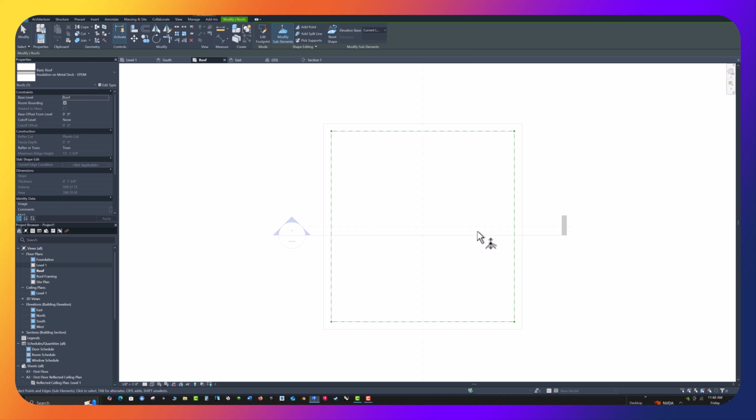And now what I'm going to do is place a roof drain right in the middle here. Now this is a pretty simple roof, so we probably could do it, and then we would have a drain that goes down an interior wall and it drains to the outside. If this is more complex, I would probably use the split line tool here to break it down into sections and then add my roof drains in each section. But for this case here, I'm just going to go ahead and add a point, and I'm going to put it right there,